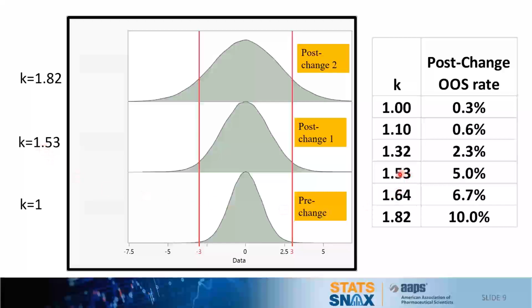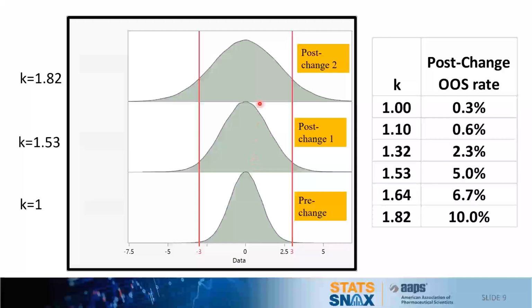If you look at my table here where K is 1.53, you'll see the value 5% here for my out of specification rate. That means the area to the right of +3 plus the area to the left of -3 is 5%. So this gives you a visualization of how much a population post-change versus pre-change would differ given a